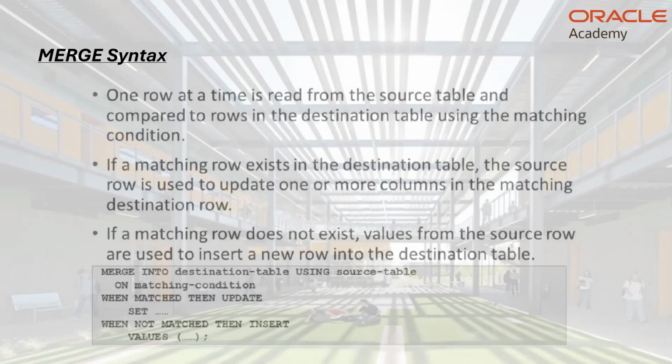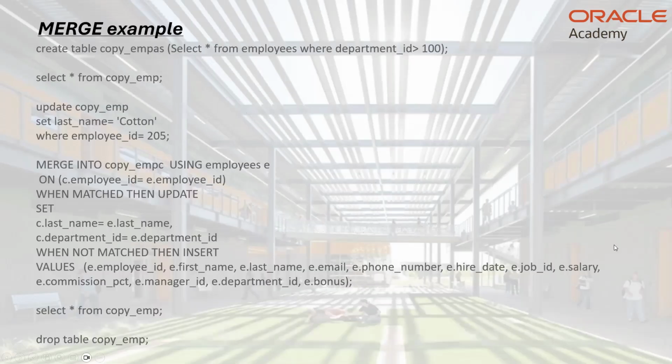Values from the source row are used to insert a new row. I better say that right. So you see here the syntax is merge into your destination table using your source table on matching condition, so employee ID or employee ID. When matched, then update. When not matched, then insert. That looks complicated, but